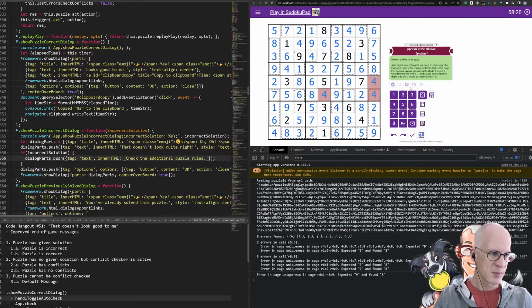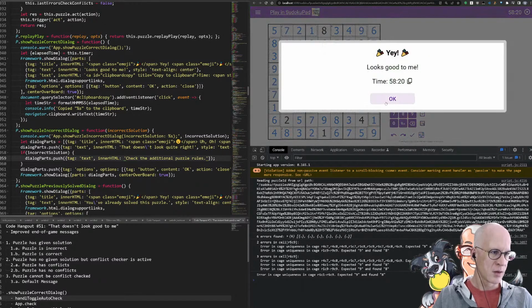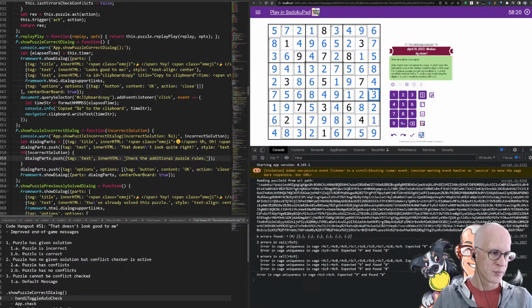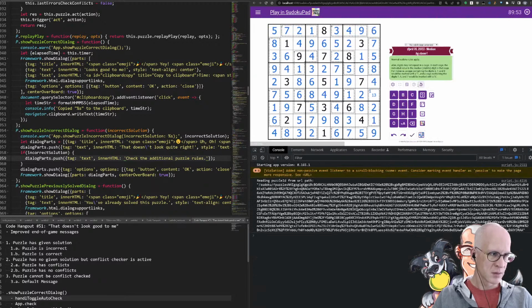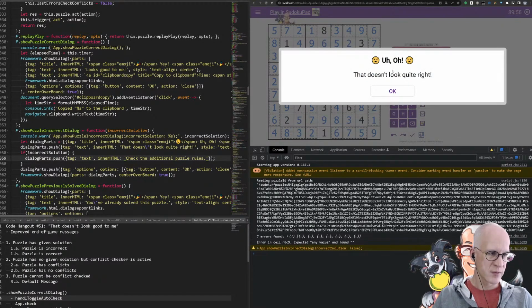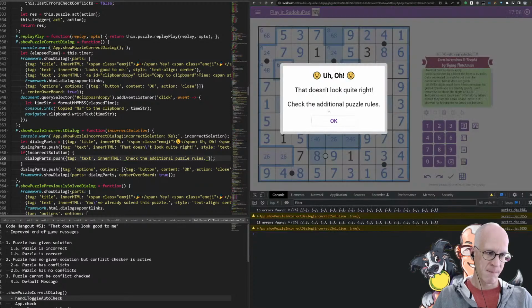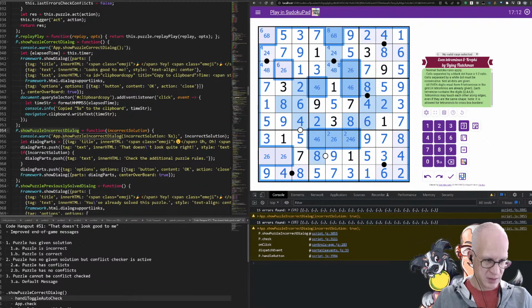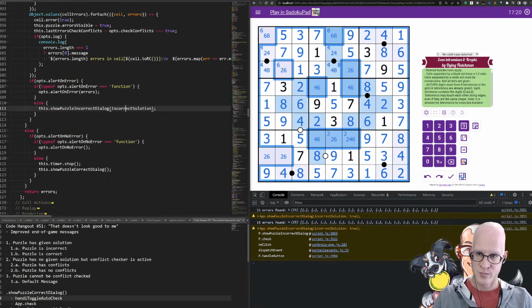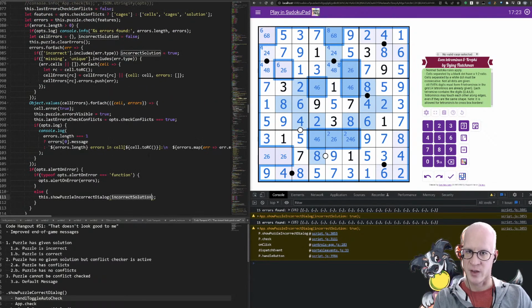Now, if I do the same thing, if I check here, and if I remove this, incorrect solution, what does it say? Incorrect solution, false. And here it says incorrect solution, true. So I'm believing that incorrect solution gets passed in from that line in 311. And that tells us if the solution check failed. All right. We should be able to use that.